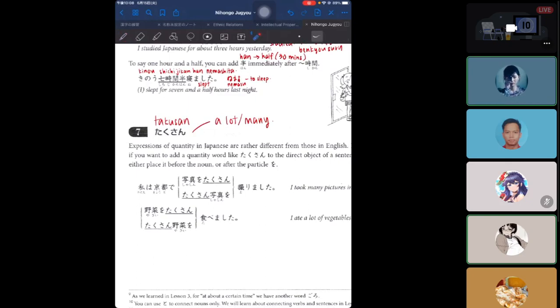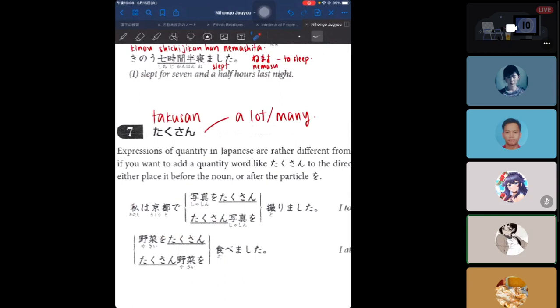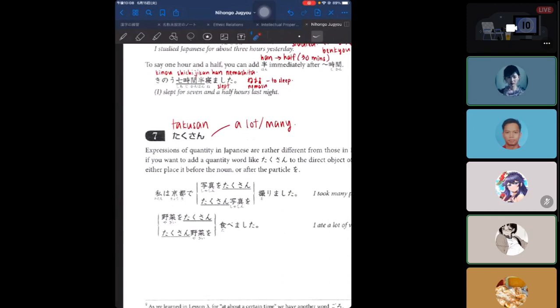So there are two ways of making the sentence. First you read the above part, and then the second one you read the below part. 私は京都で写真をたくさん撮りました。 Below version: 私は京都でたくさん写真を撮りました。